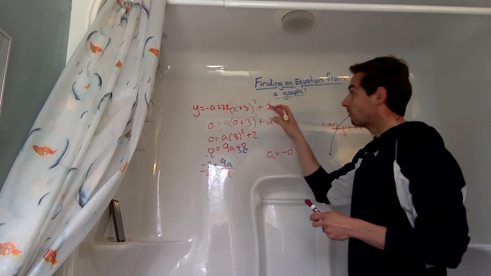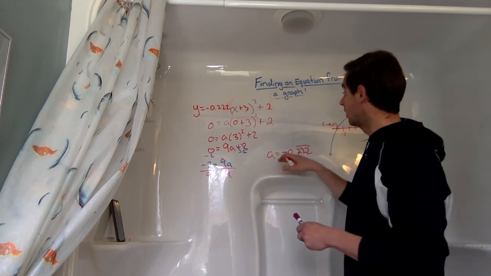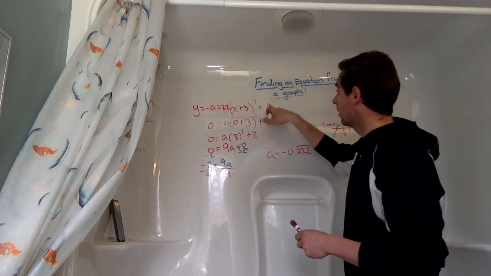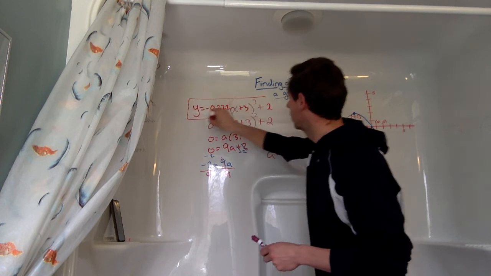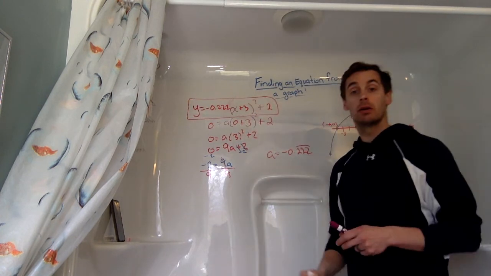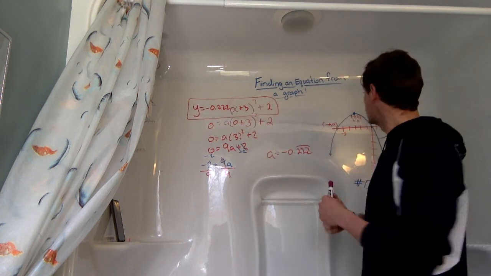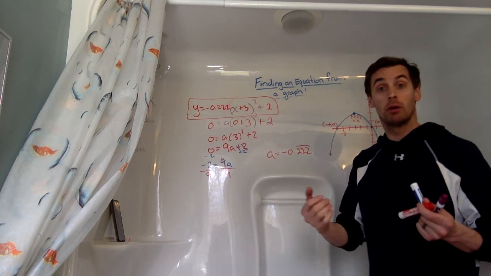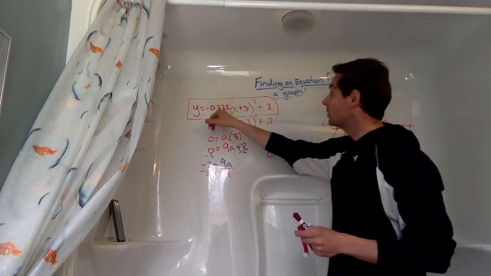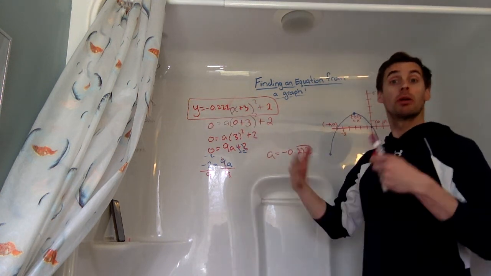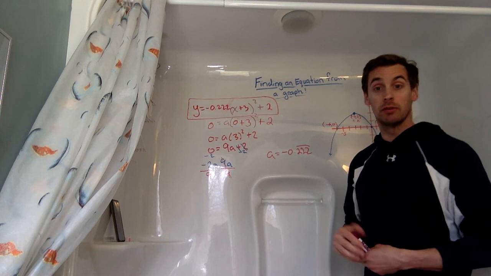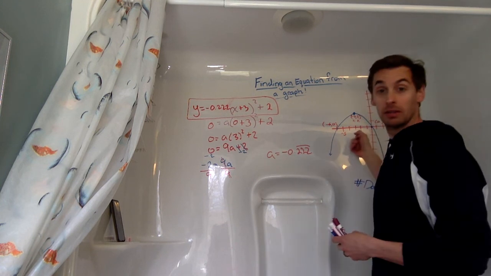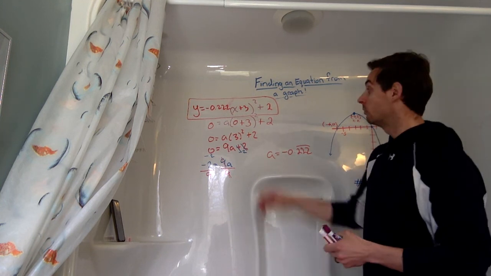So now I've gone through all the processes. I have found my a, I found my h, and I found my k, and I now have my equation that gives me this graph. If you ever want to prove it, you can take this equation, plug it into one of your Desmos programs, or graph it yourself again using the table of values, and you will come up with the exact same version of this graph. And if we choose the opposite,